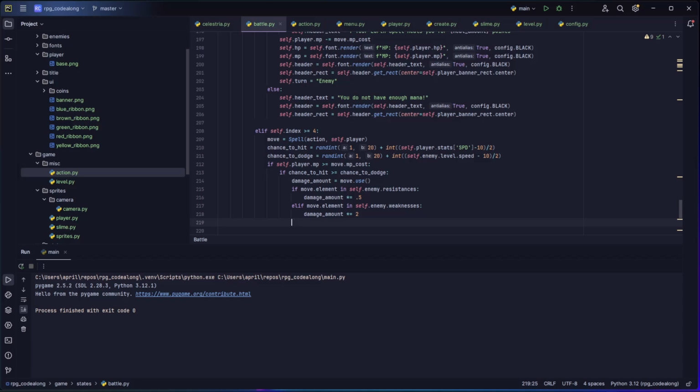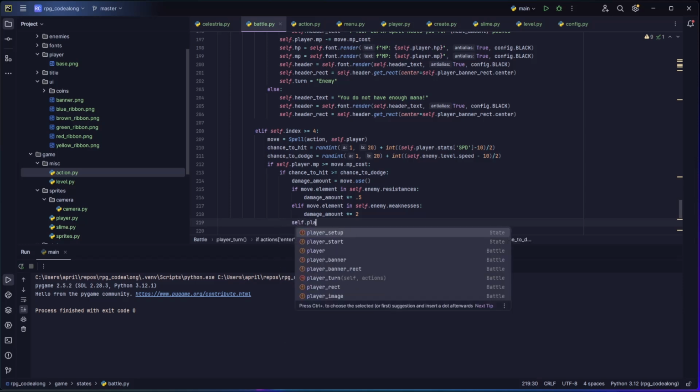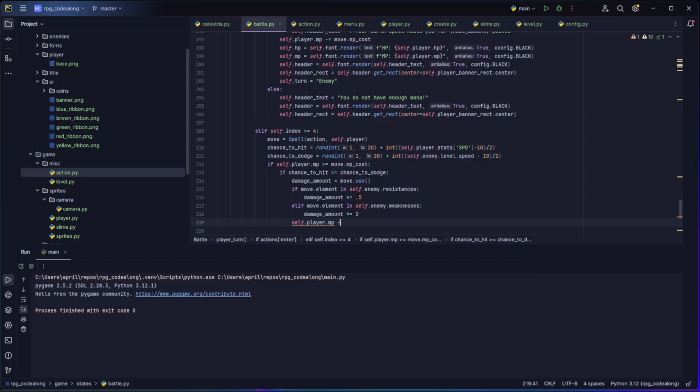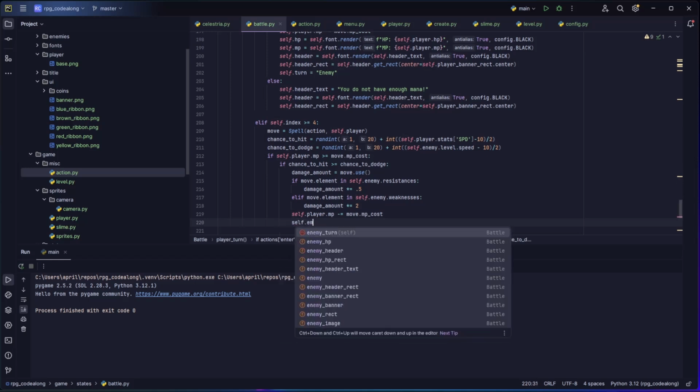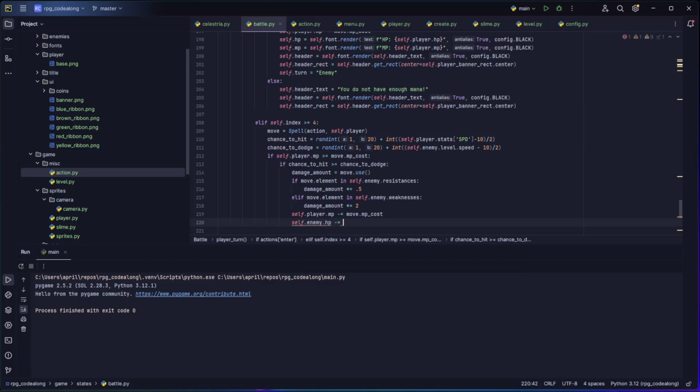All right, and then we're going to do, let's see, self.player.mp minus equals move.mp cost, self.enemy.hp minus equals int damage amount,